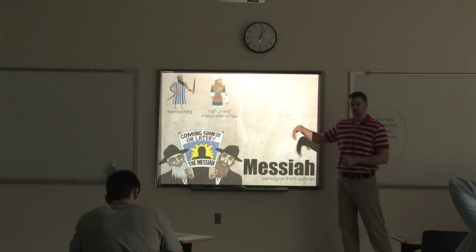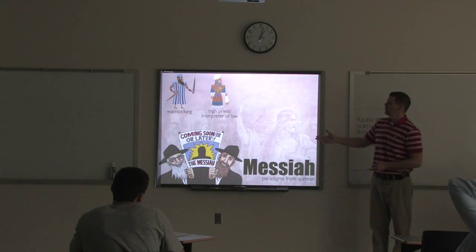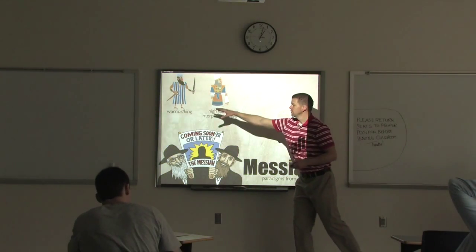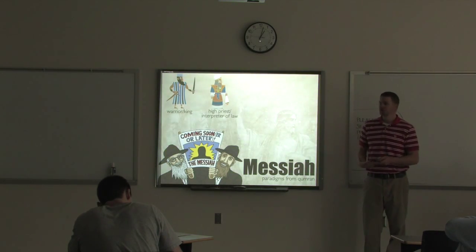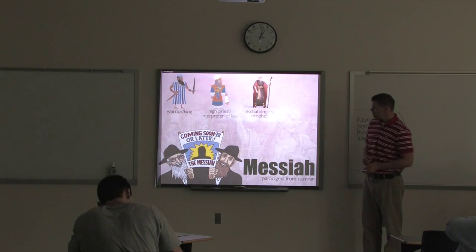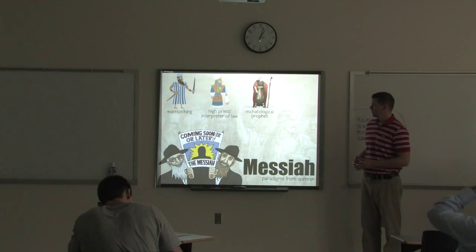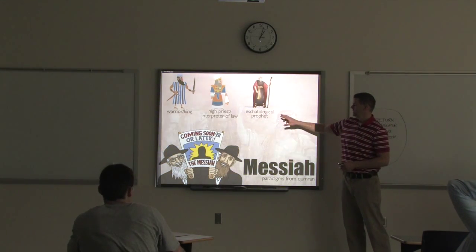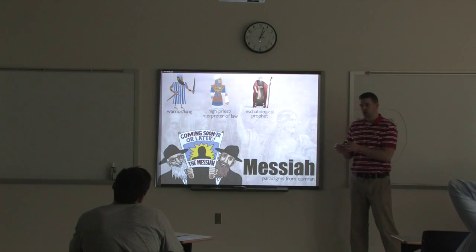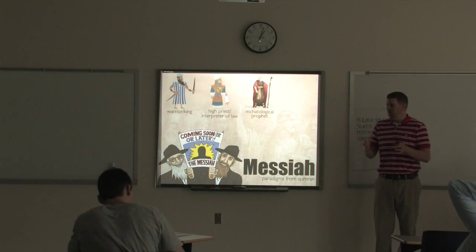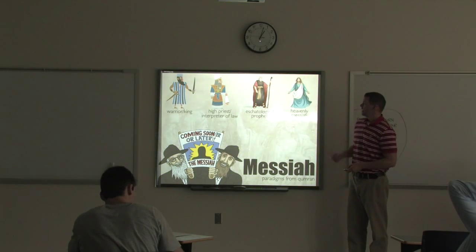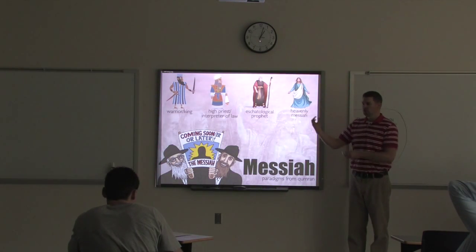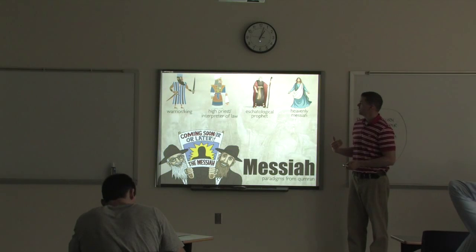There's also a different kind of messiah, a high priest or interpreter of the law. He would come along, maybe even be more powerful than the warrior king messiah, but he would be the one who tells them how they should live as the people of God. Another messianic figure that they thought of in the scrolls was an eschatological prophet, an end-time prophet similar to Elijah, who would come in and do great miracles and those kinds of things. And then finally, there was a heavenly Messiah, some kind of divine being from heaven coming down to earth.